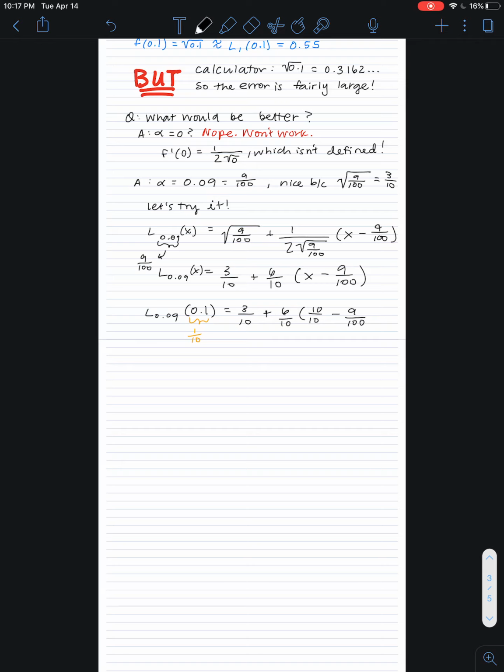And let's just make this 10 over 100 for math ease, I guess. So we have 3 over 10 plus 6 over 10 times 1 over 100, which, if we add this all together, becomes